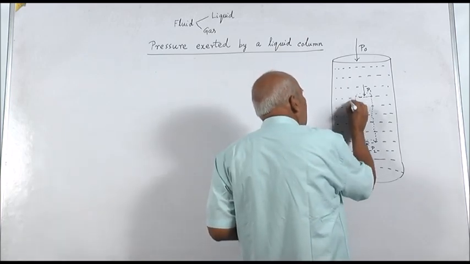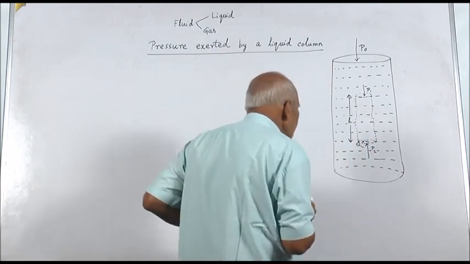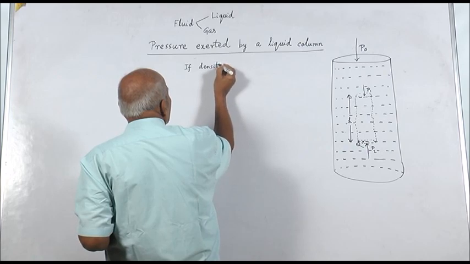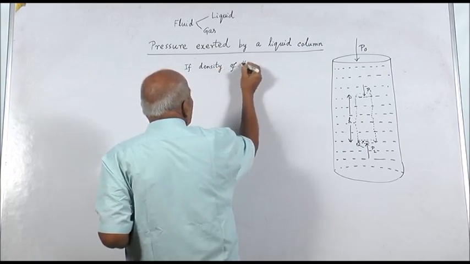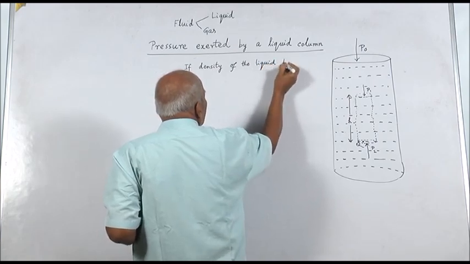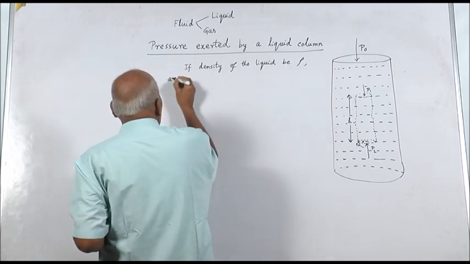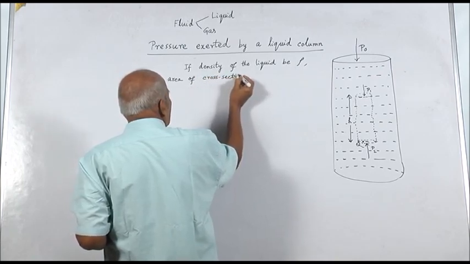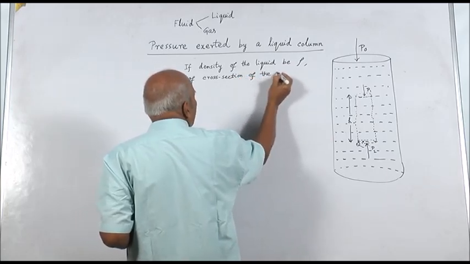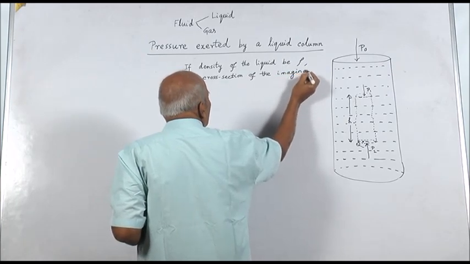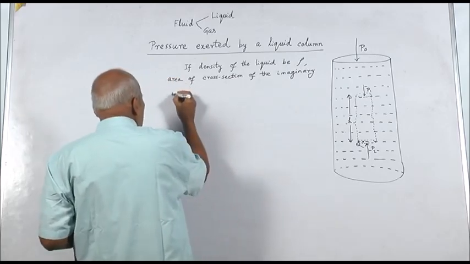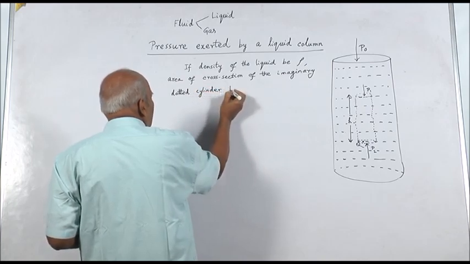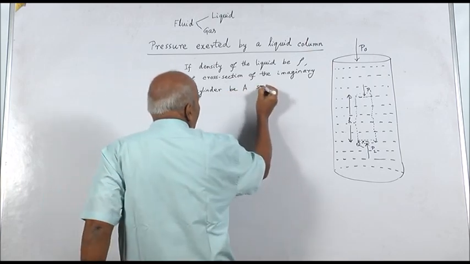And this height is h. If the density of the liquid be rho, and the area of cross section of the imaginary dotted cylinder be A square units,